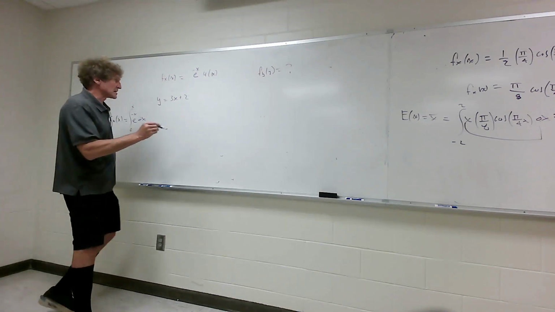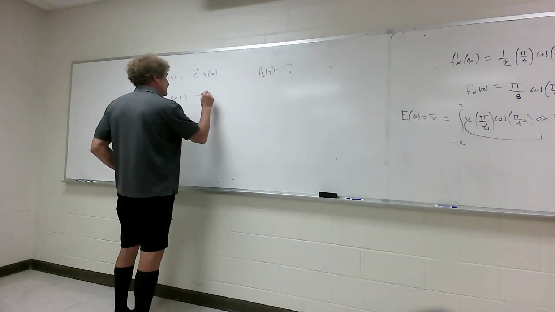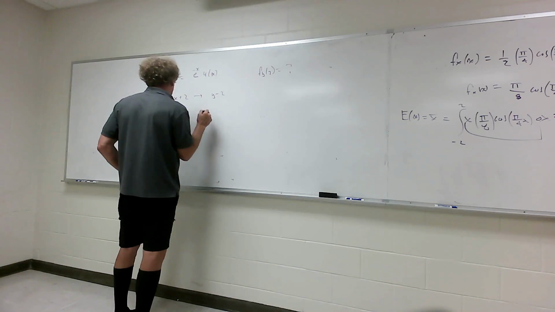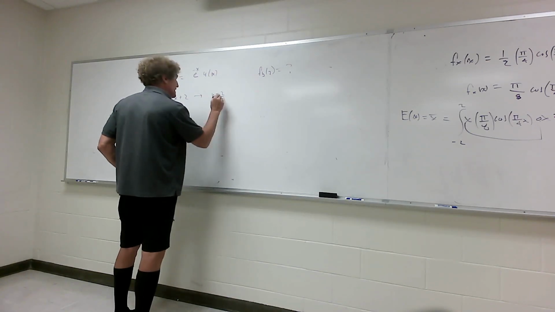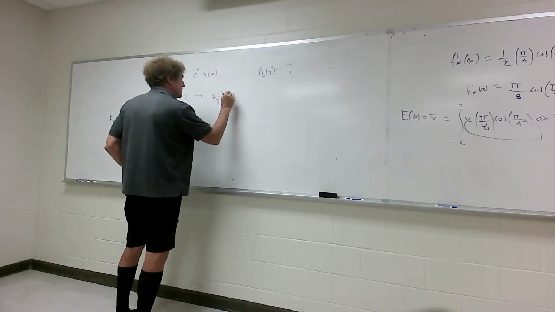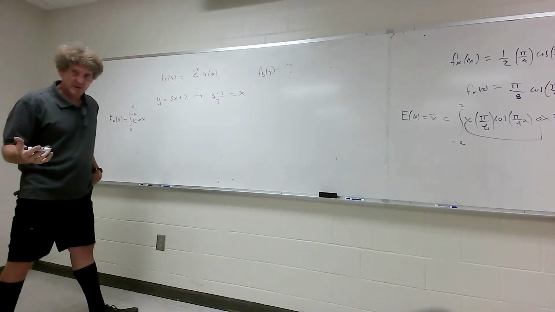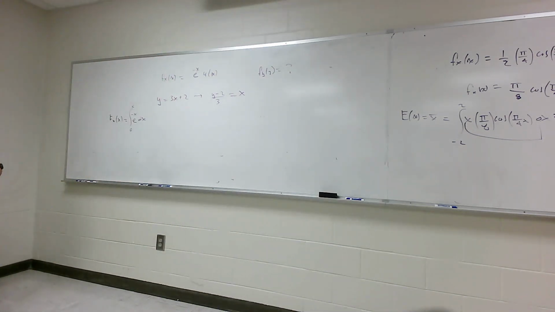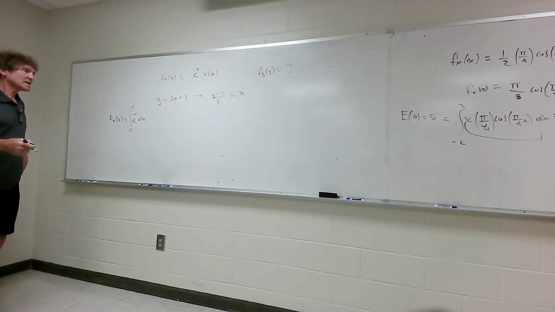Now, if I look at this, if I have y minus 2 here, and if I divide it by 3, now I get x. This is actually a random variable, but I'm sorry, I'm not distinguishing it right now. I'm just getting to the point. You with me, class? All right, now I can say